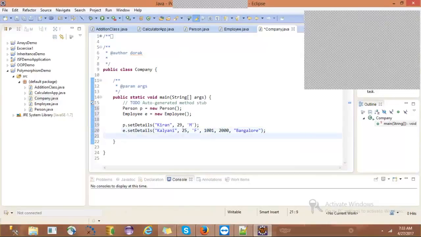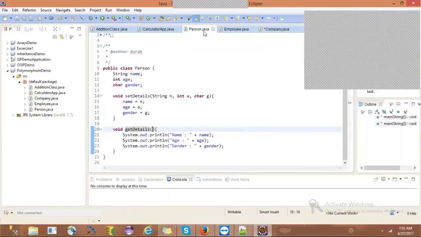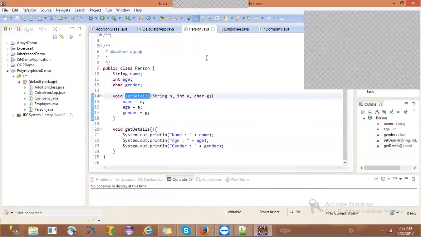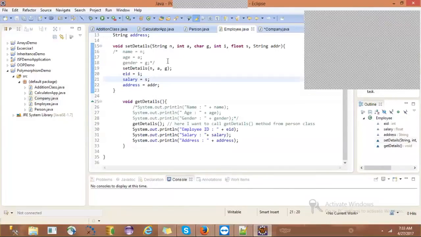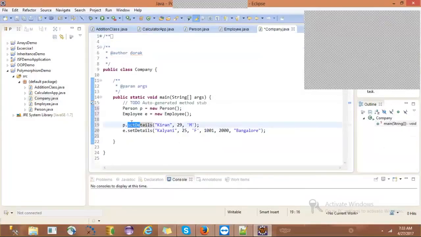Like this. So now what happens? How many copies of the set details method do we have? One is in person with 3 parameters. One is in employee with 6 parameters, right? For every method call there should be method definition binding.